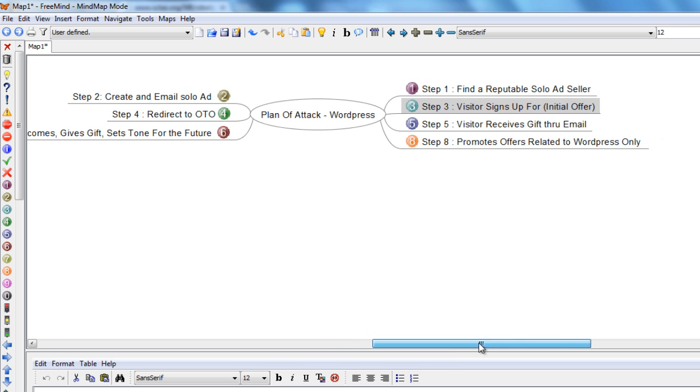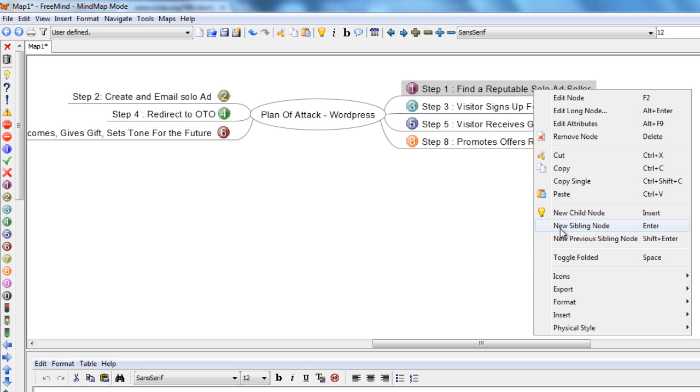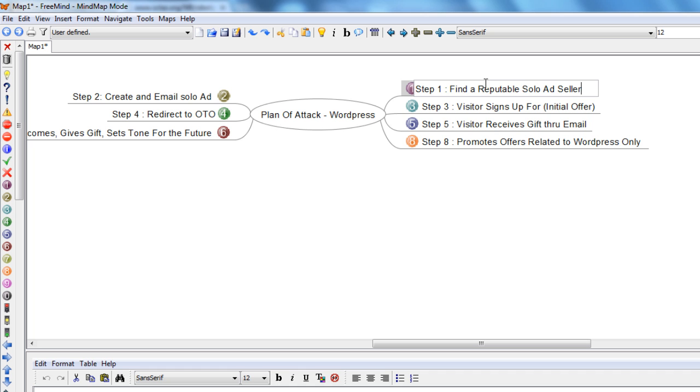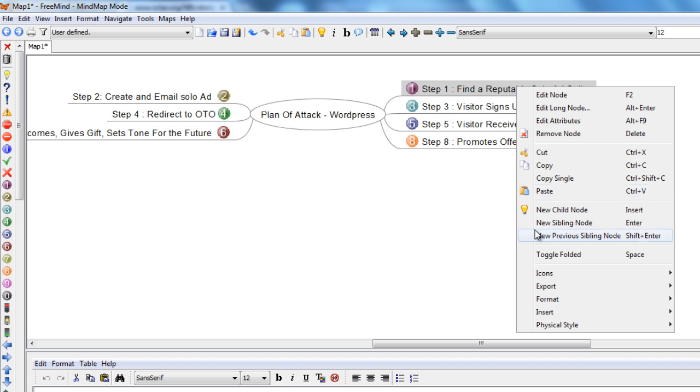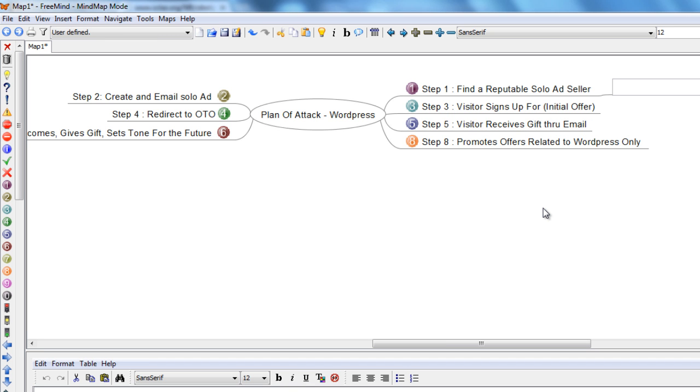Now what we can do is start adding to the mind map. So for example, when you say find a reputable solo ad seller, you could do a child node, you could do a sibling node. But in this case, I'm going to do a child node. And what I recommend that you do is when you find a good reputable solo ad seller, make sure that you put the website,